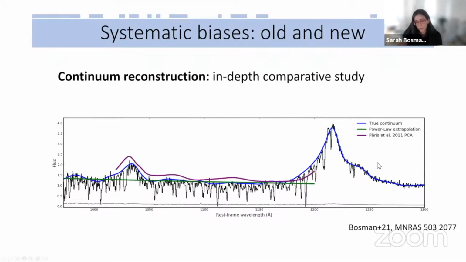These are 2 methods that were used in past studies to measure the Lyman-alpha optical depth at high redshift. It's PCA and Paolo in purple and green. And not only are they not very accurate, but you can also see they actually introduce complicated wavelength-dependent systematic biases that were underestimated before. So in this large comparative study published earlier this year, we tested 8 state-of-the-art reconstruction methods and converged on the one with the best performance, which is a version of a modern log PCA, shown here in red.